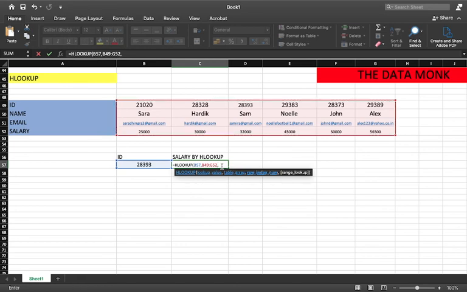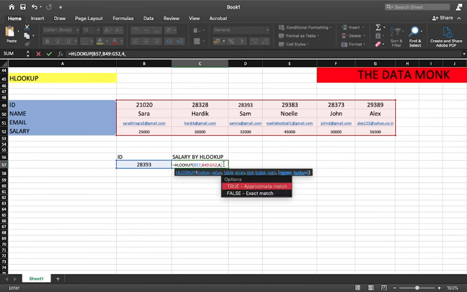Then you have to mention the index number, so the row index number. In the previous VLOOKUP we were mentioning the column index number. In this function, HLOOKUP, we have to mention the row index number. That's the only difference. If you see the row number, it will be 4 only. First row has ID, second row has name, third row has email, and the fourth row has salary. So I'll mention my row index number as 4.